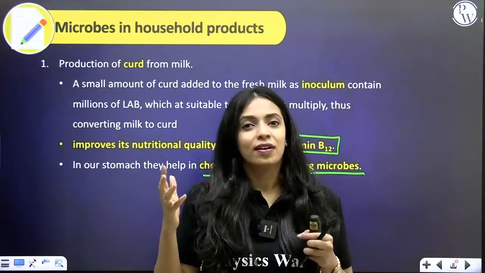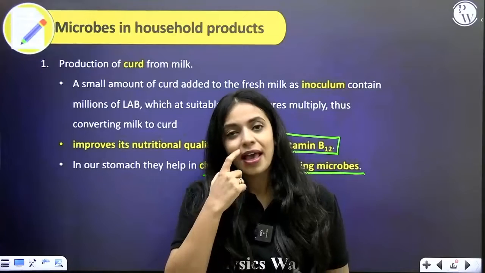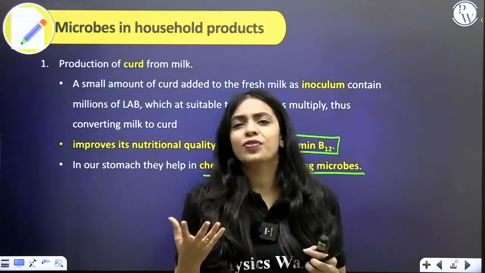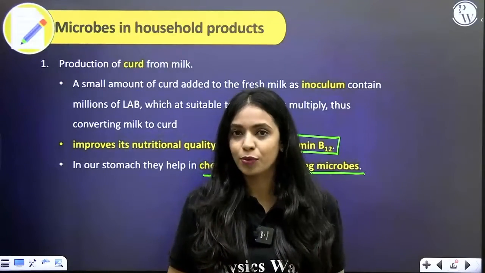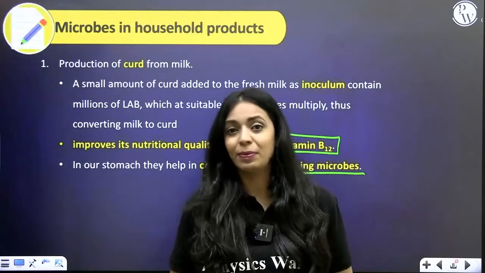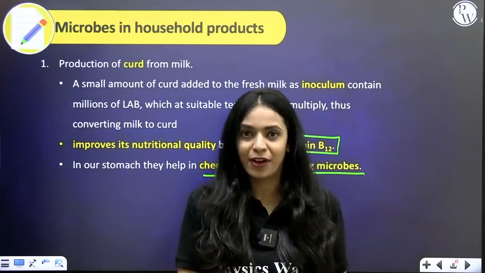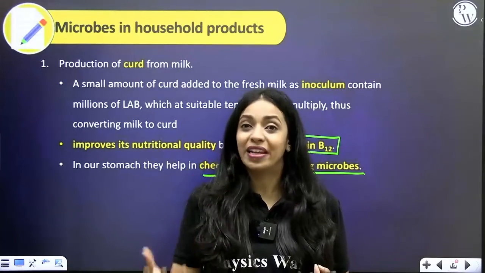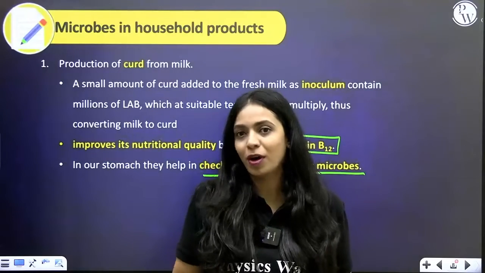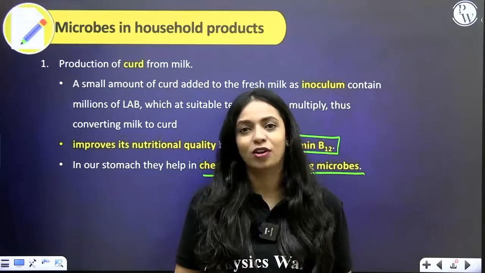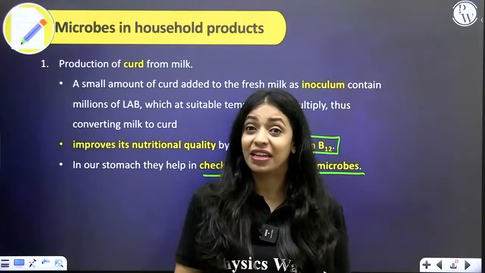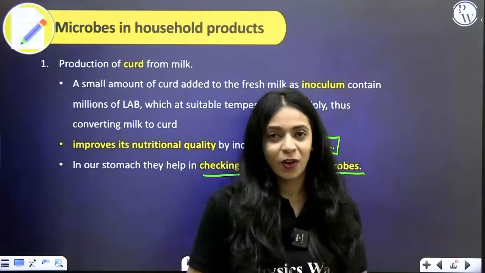That is why curd is so important, and because of that, your gut health will improve. You may have heard elders in your family say, or you may know it for a fact yourself, that curd should be a very important part of your diet. That's because it contains a lot of microbes, probiotics, that are very good for the health of your gut. All right.